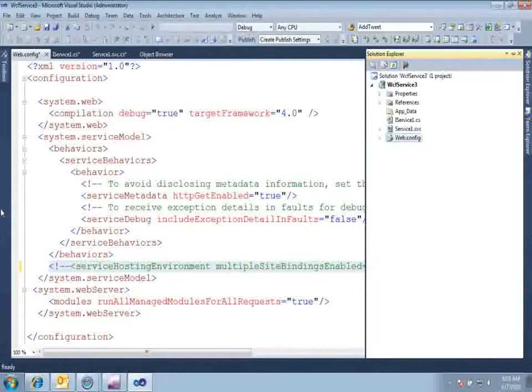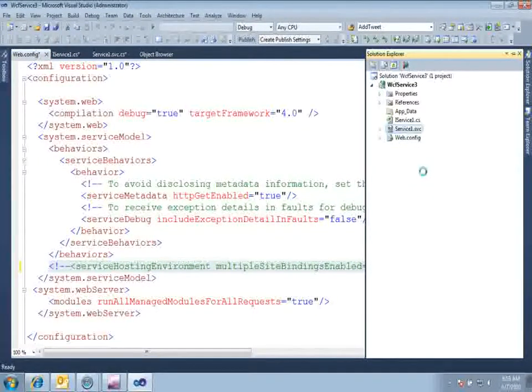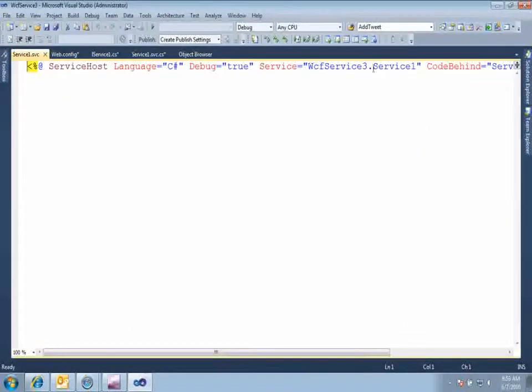So here I have commented this. Click on your service file and open view markup. Fair enough.